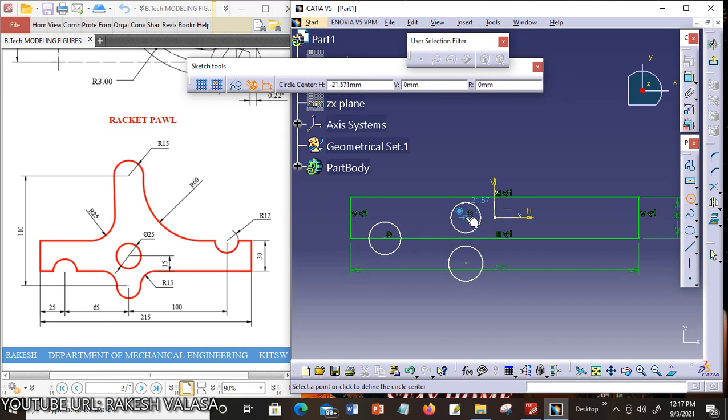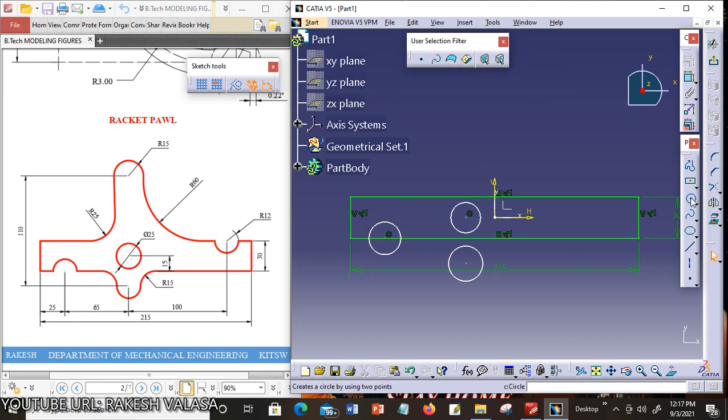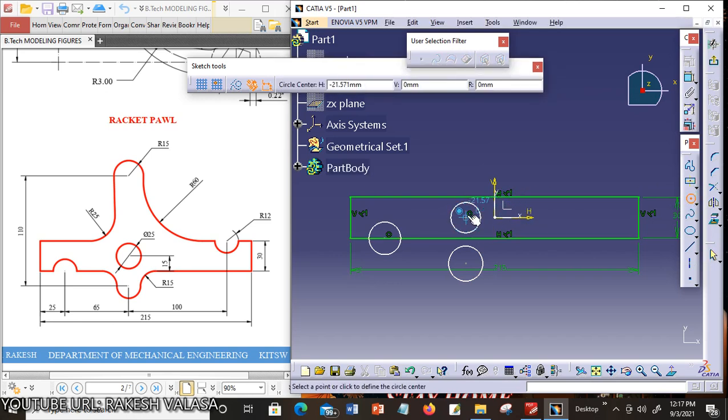Next, similarly, I'm going to draw another circle on the same vertical reference line here. Next, the last one is here. Now apply the constraints.